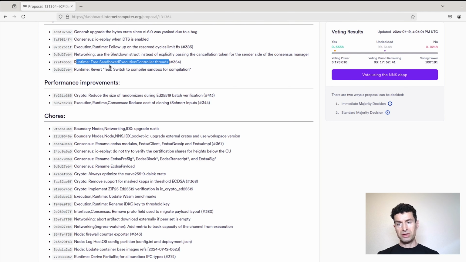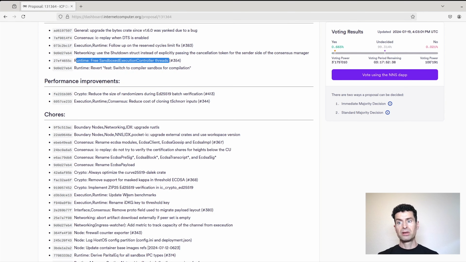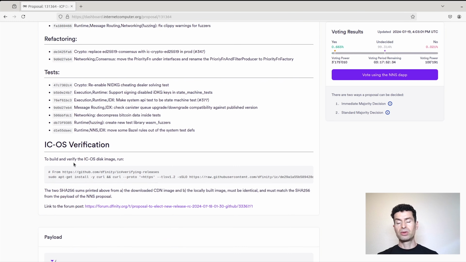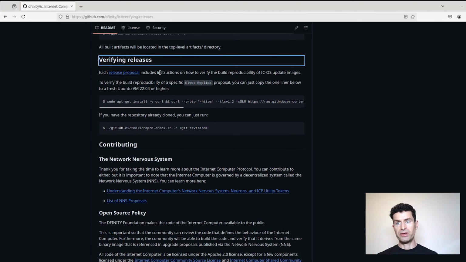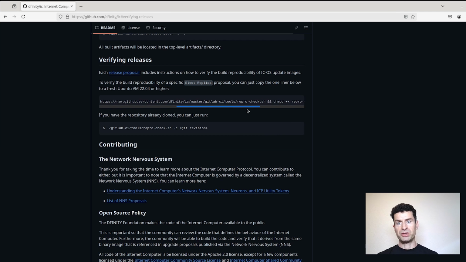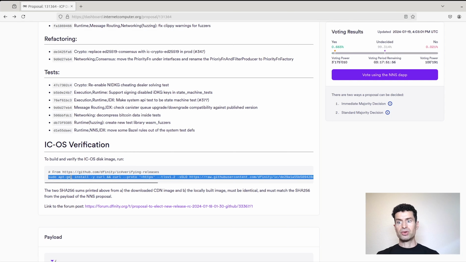Then if you agree that all these changes should be deployed in a new version, you still have one more step to do, which is to verify that the build is indeed reproducible. To verify the reproducibility of this Git version, we provided some steps here. You can open this link here, and it will provide you steps and an explanation of how to verify. It basically provides similar information to what we provide in a particular NNS proposal. So you should verify this proposal by running the particular command provided in the proposal summary,